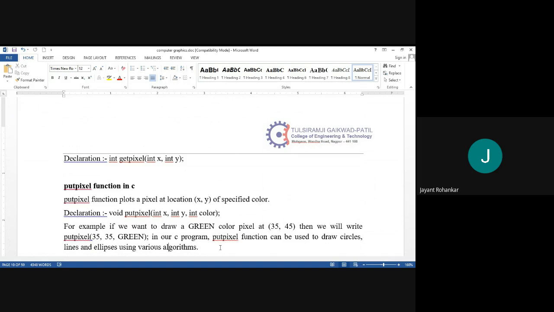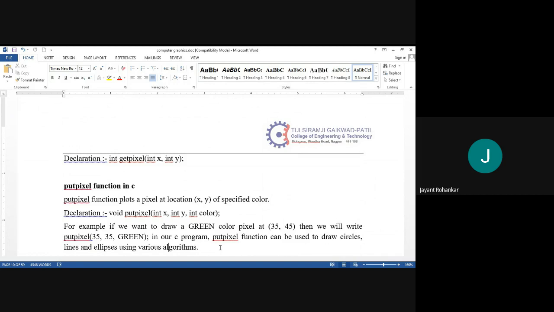Putpixel means to draw a point, to draw a dot, to represent a pixel which we can see very easily because it has a different color. Normally the screen looks black, or when we turn it on, it looks white.